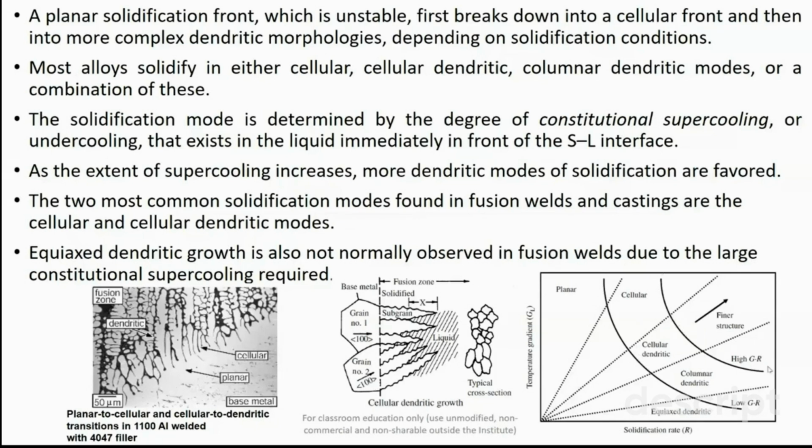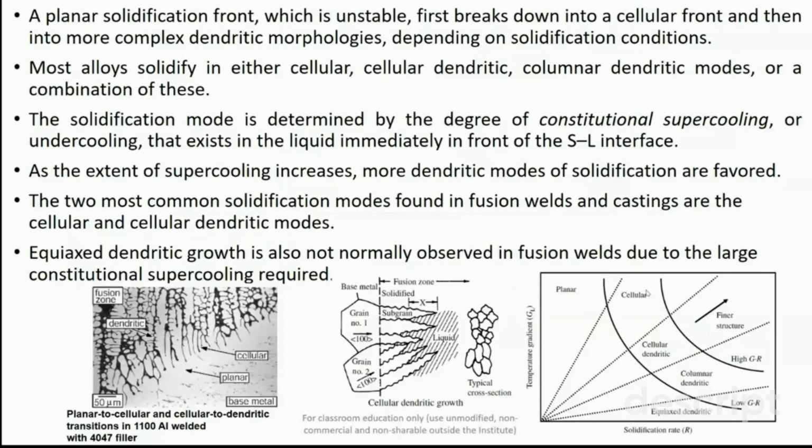They have plotted two regimes. One is of very high GR value and other is of low GR value. So this type of regimes also depends upon the type of the welding process and the composition of the weld metal or the base metal used in this particular welding process. Suppose you are working in the regime above the higher GR value, so you will observe this finer microstructure, and